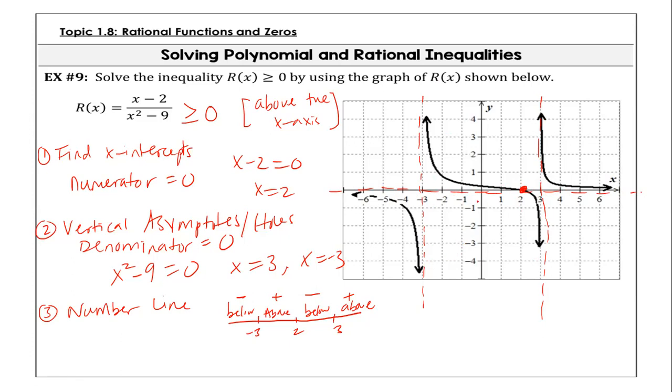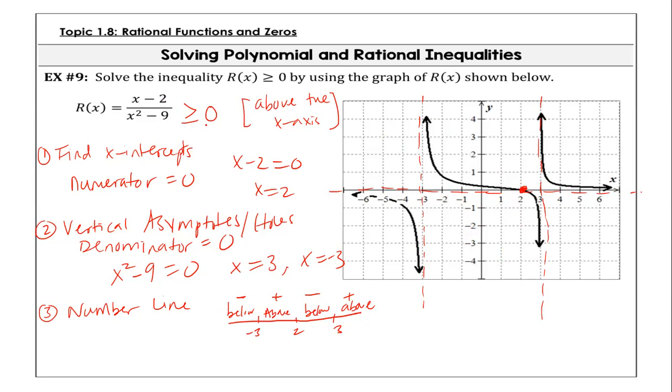So your middle horizontals are not as concrete as vertical asymptotes. Horizontals can cross, and it typically happens at an x-intercept that takes place in the middle, because you have to have that transition in signs. Okay. All right. So the answer is, based on our number line that we've created,